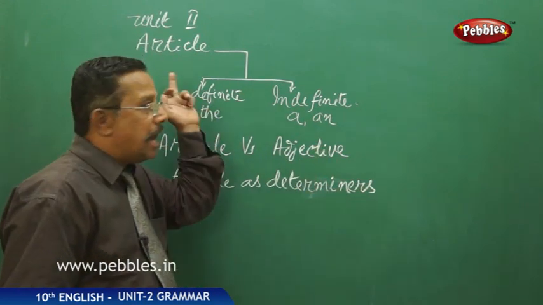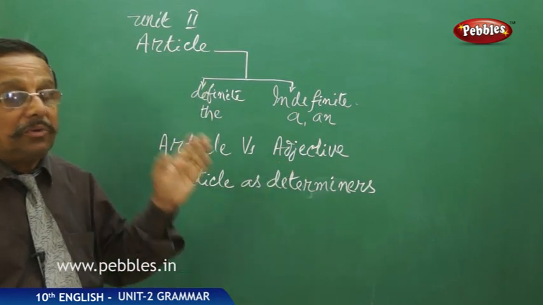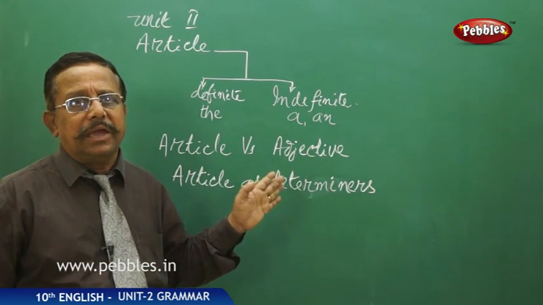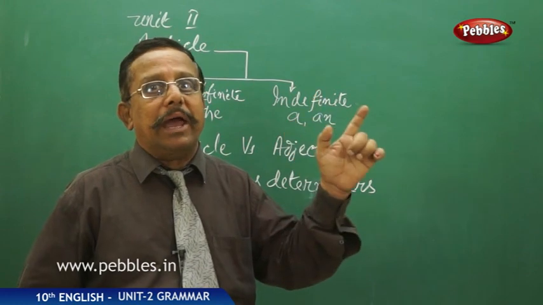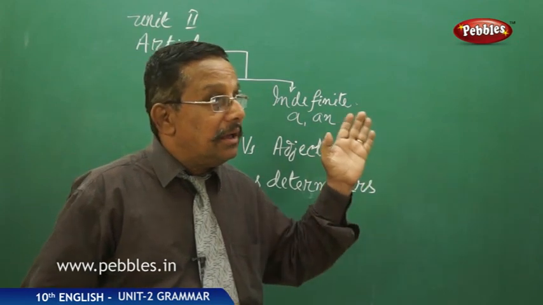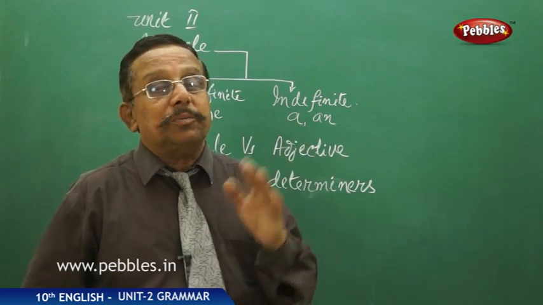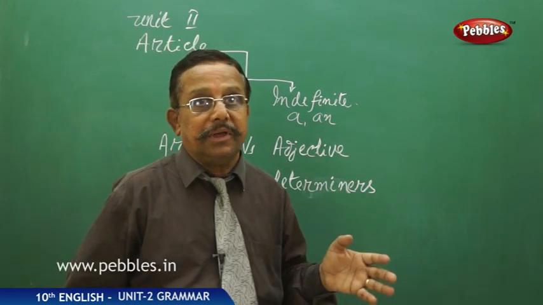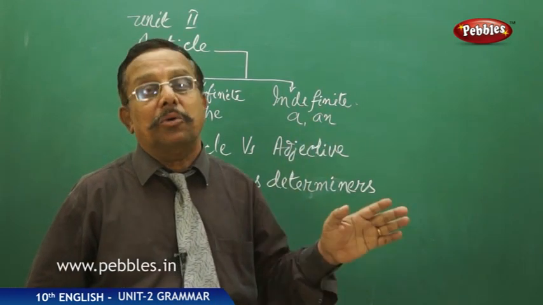Likewise, here we have an article. It shows the noun concerned. That too, many are the common nouns. Common noun cannot go without an article. A boy, it is not simply boy. Boy, come, no. A boy, come. Boy goes there, no. A boy goes there, or the boy goes there. Cow gives milk, no. The cow gives milk. Why? These are all common nouns. And so we have to use an article. Common noun without an article, it doesn't go.